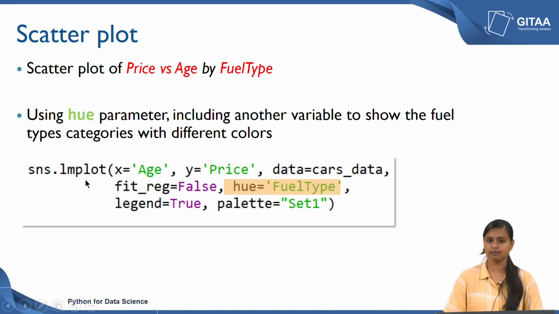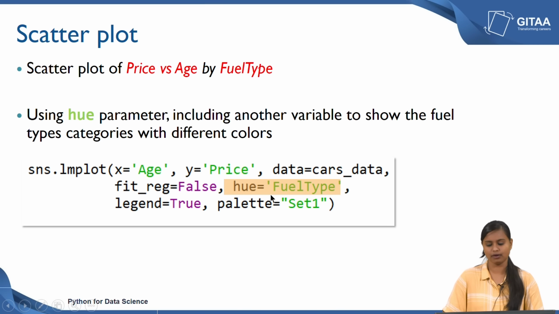Here we are going to do that by using the command called lmplot, from the Seaborn library. lmplot is a function which combines a regression plot and a facet grid. It is very useful whenever you want to plot a scatter plot by doing conditional subsets of data or by including another variable into the picture. Here the x axis is the age variable and the y axis is the price variable, and the data we are going to access is cars_data. I have also set fit_reg to False, so that we do not get a regression fit over the scatter points. And here I am adding one more variable into the scatter plot using the hue parameter,